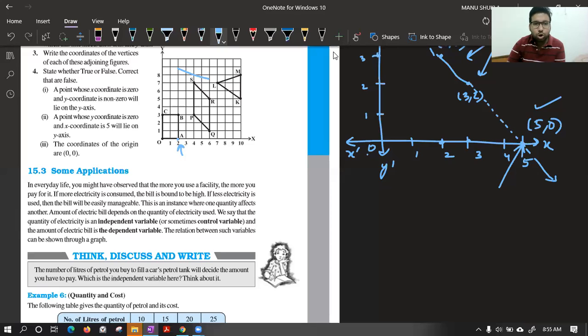No, Saurabh, it is (2, 0). Because you can see point A is lying on x-axis, and we have learned whichever point lies on x-axis, its y coordinate will be 0. So point A is (2, 0). Now tell me what is the coordinate of point B. Please tell what is the coordinate of point B. Just make sure first should be of x, second should be of y.